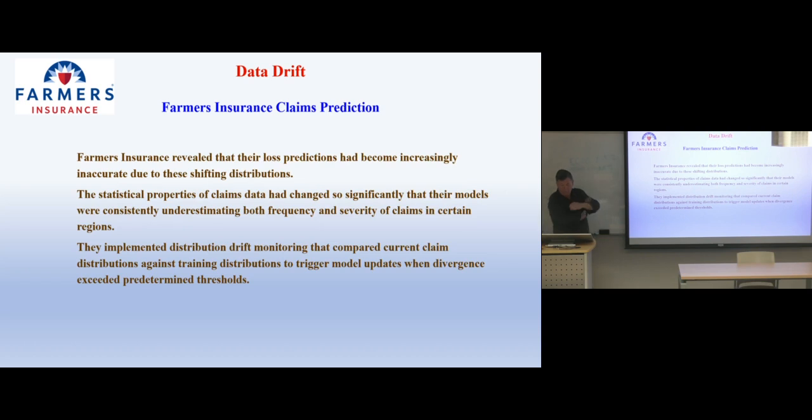So their loss predictions were inaccurate, which means they're losing a bunch of money, and they underestimated the frequency and severity of claims. They monitored drift, and what happens if this just doesn't work out? You pull out of the market, just leave the market. California's going through that, what Florida went through. Florida's down. By the way, if every insurance company pulls out and you're a homeowner,